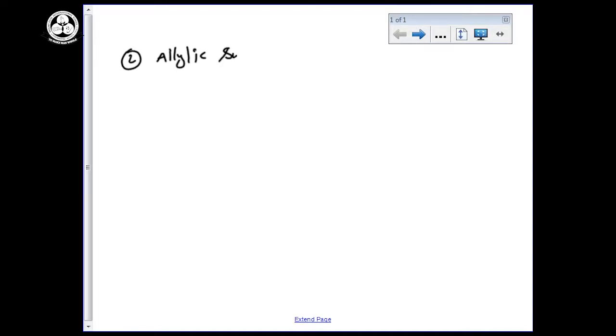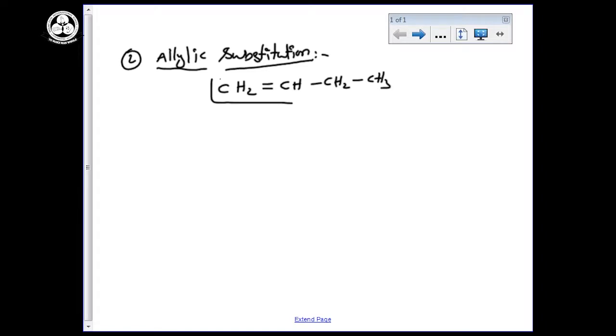Allylic substitution. In allylic substitution, first of all, what is meant by the allylic group? It is a double bonded carbon atom whose next carbon must have an alpha hydrogen. That is the allylic group. Allyl means CH2=CH-CH2-CH3, a double bonded carbon atom with the next carbon